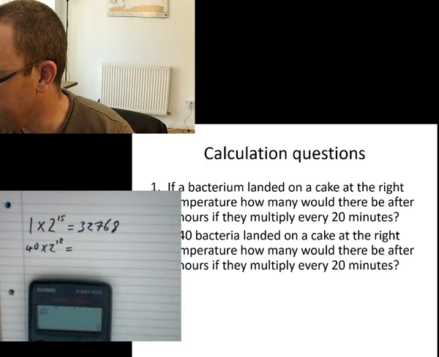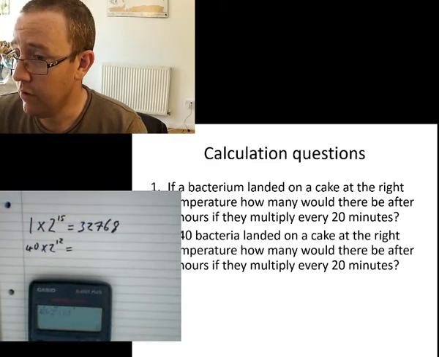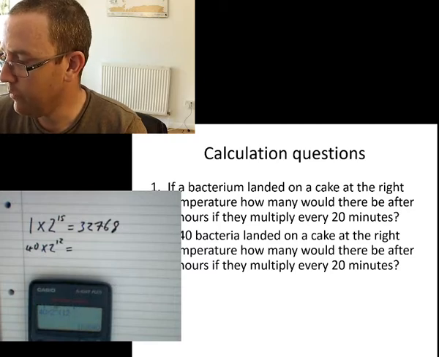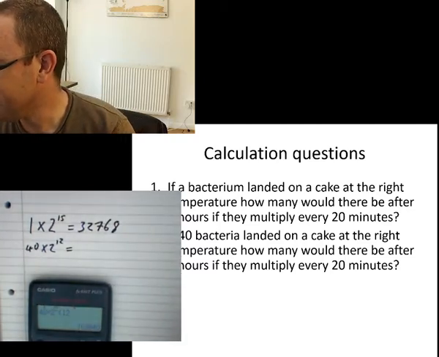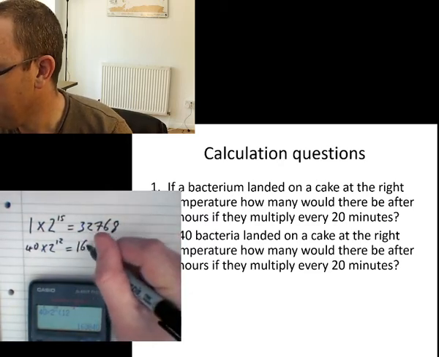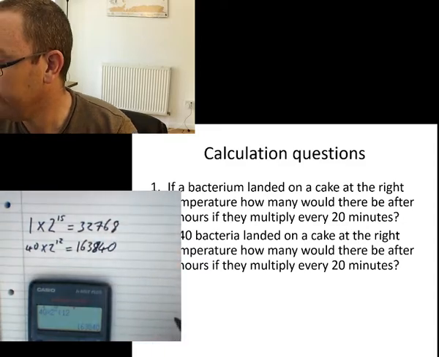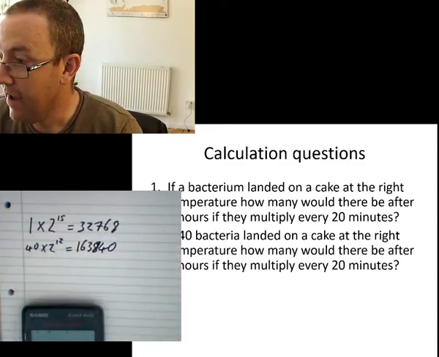So we're starting with 40 times 2, special button there, to the 12 equals 163,840 bacteria. 840 bacteria is the second one. And our last